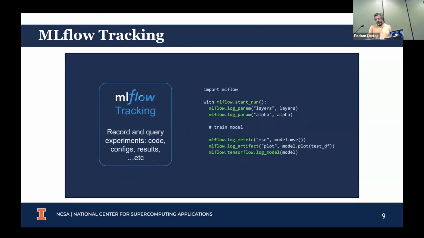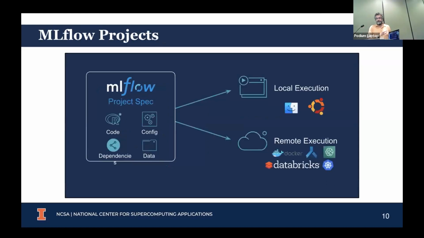So here's what it looks like just to instrument your code. It's some Python code. You tell it that you're using MLflow, and then you just log parameters, do your training, log your metrics, and then it has some really nice helper functions. You can just take a TensorFlow model. It knows all about TensorFlow. It can interrogate it and publish it, and then you'll see how there's a bunch of interesting information that comes out. So that's tracking.